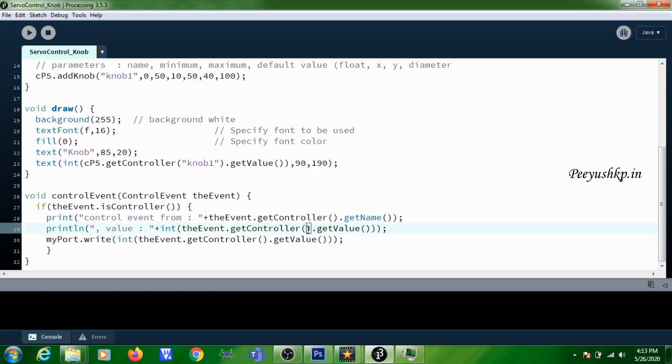That is why I am not specifying the controller name here. Then by using this statement, you will get the integer value, and that same value you are going to send through the serial port. So this program is for reading the value from the knob and sending it through the serial port.